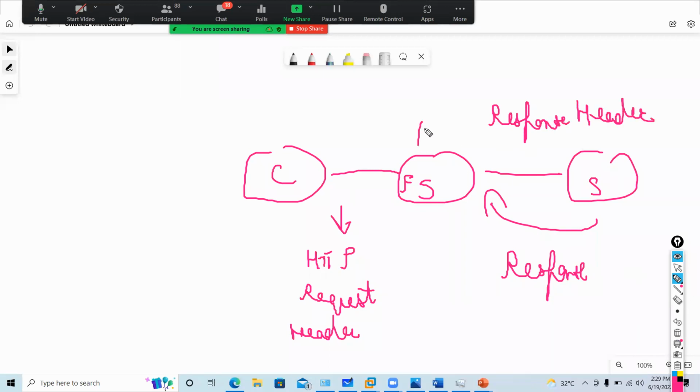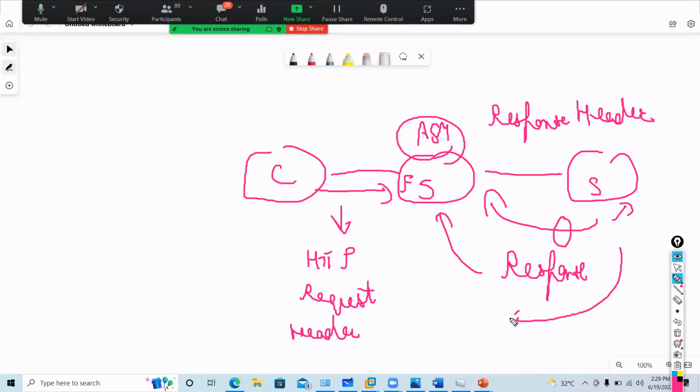And then when I talk about ASM or a WAF module, it will see what request is coming from the client, and it will also detect your response traffic. Sometimes, let's say, guys, someone got access to this server and the server is sending some bad response, F5 will be able to detect that and block it. So F5 is called a proxy.